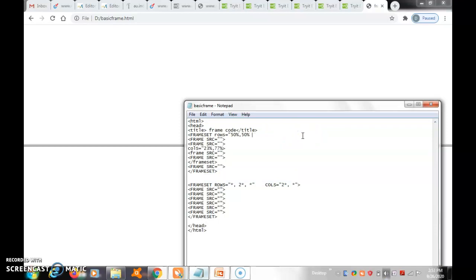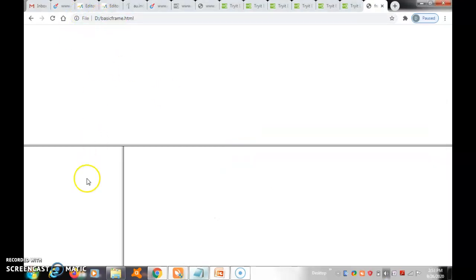That also you have to put some frame set and close frame set. Frame set column. Here open. Okay, here frame set already closed. One frame set closed. Second frame set closed. Save and run. So if you run, automatically it will come with that column divide.